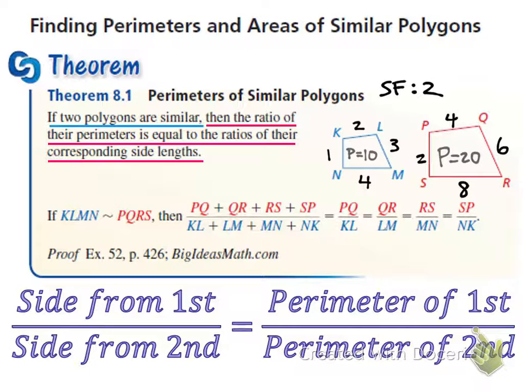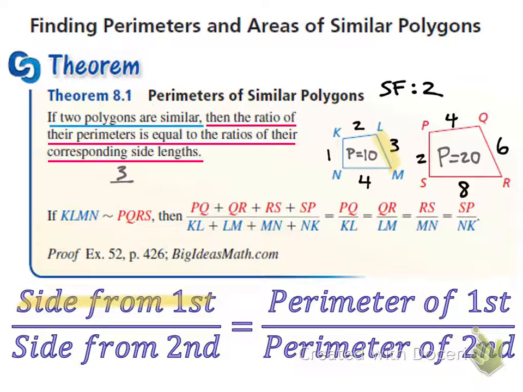So I'll show you what that means. Pick a side from the first shape. It doesn't really matter which one you call the first shape. I usually read left to right. Just pick a side, any side. 3, sounds good. So I'll put 3 here in the numerator as a side for my